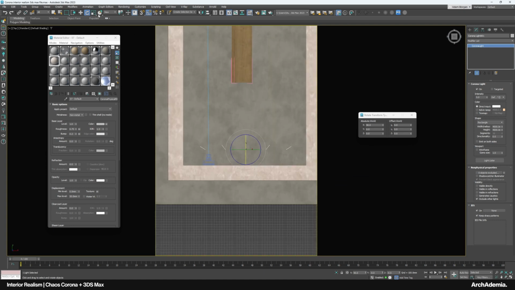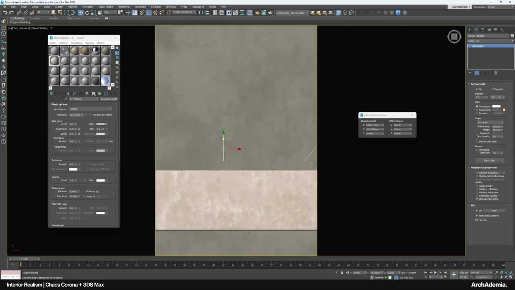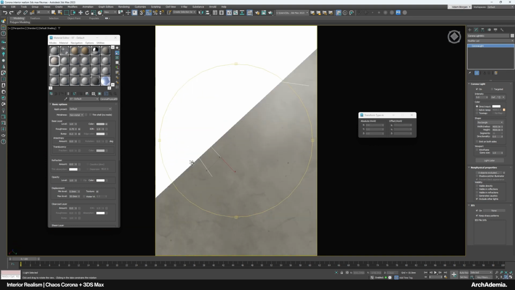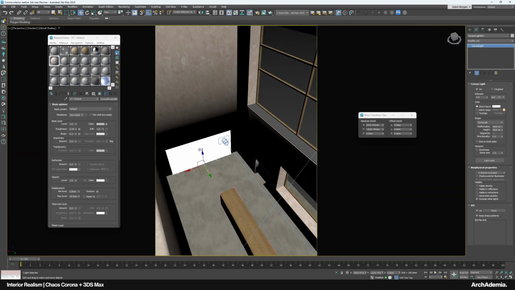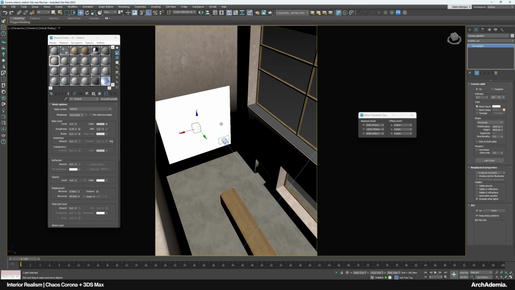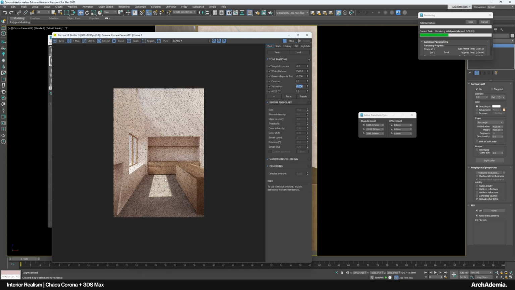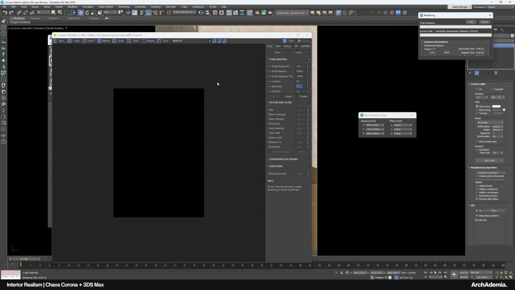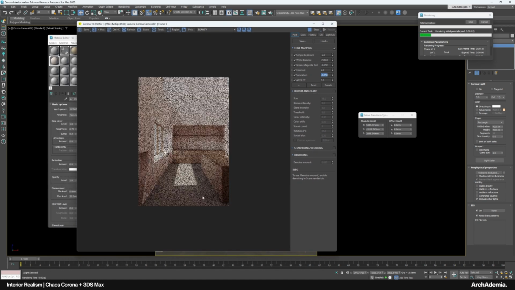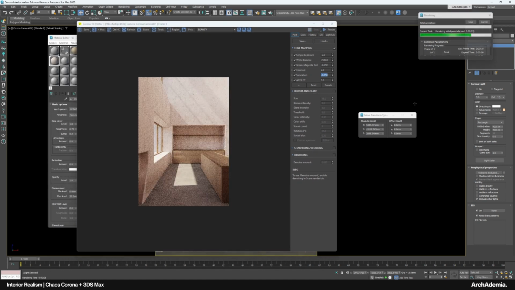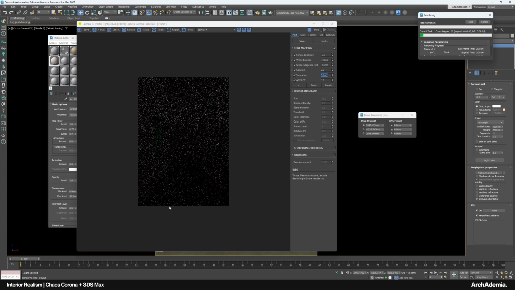Choose the top view to make sure it's definitely behind the camera. It just gives a bit of lightness to the foreground. If I just turn that off, you can see how high contrast the floor is there. Let's maybe even do 10. It should just soften the